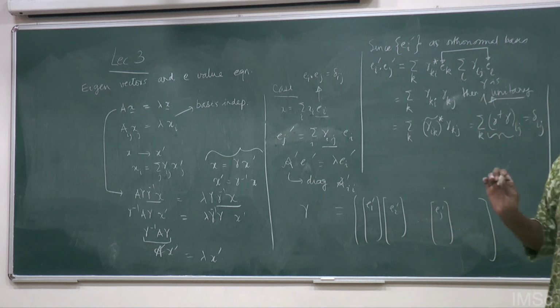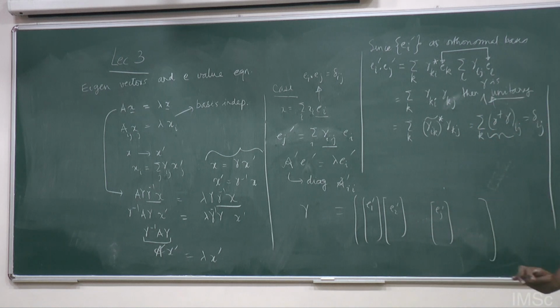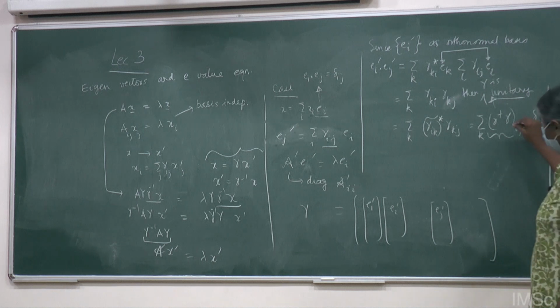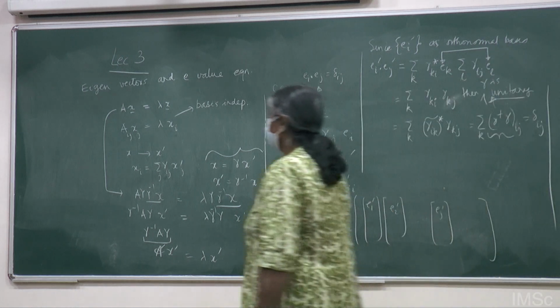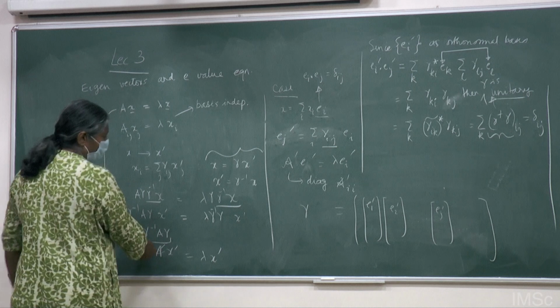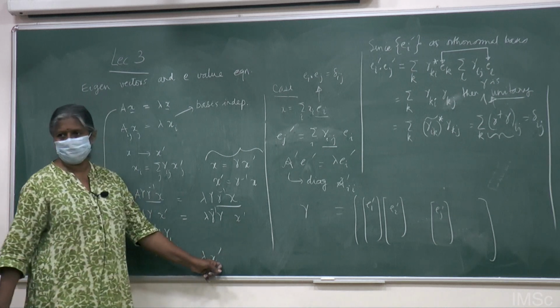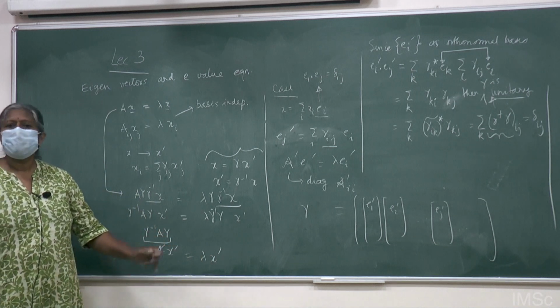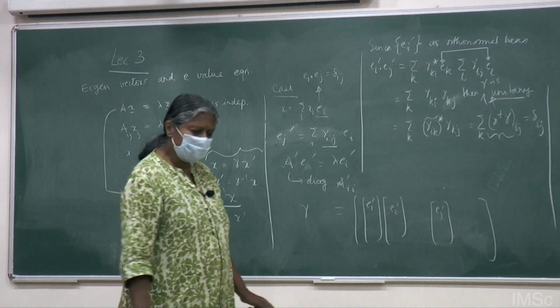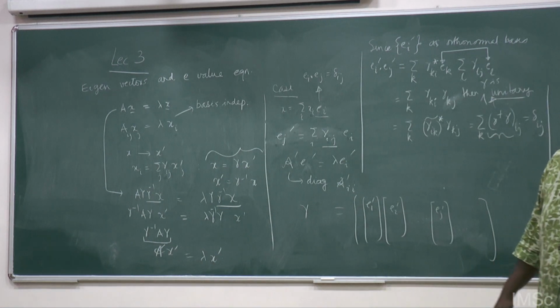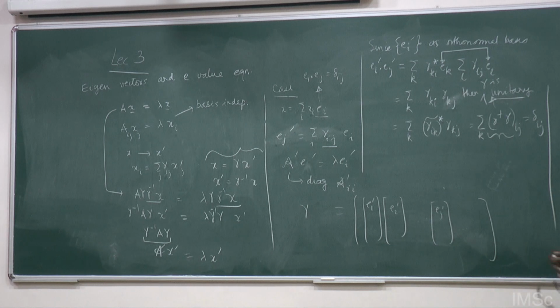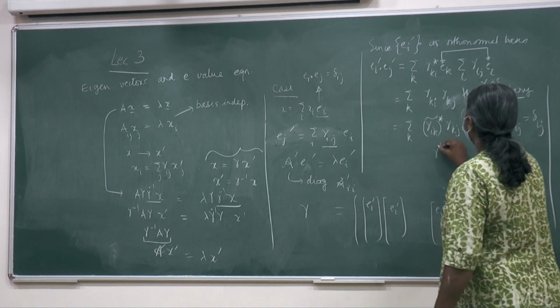Therefore, every set Ei prime can be made an orthonormal basis, and because of which Ei dot Ej in the prime basis is still delta ij, which means that gamma is unitary. So if I have a transformation of the x's through gamma, then gamma is unitary. In fact, the inverse exists, and gamma inverse is equal to gamma dagger, right? That is the meaning of unitary.